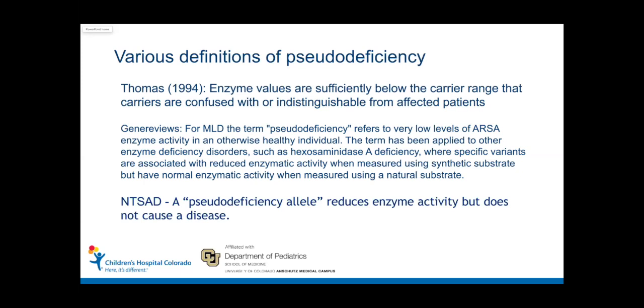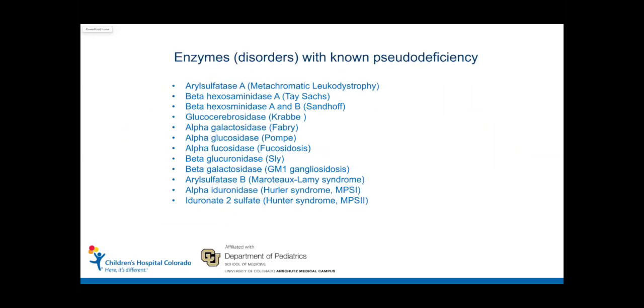Because we're using enzyme activity in newborn screening, we're starting to find out how common pseudodeficiency is. I know I was one of the people that didn't think this would be as big an issue as it is. So I just want to talk a little bit about what pseudodeficiency is. It's not something that's just related to MPS. In fact, it was described first in a couple of other lysosomal conditions. These are a subset of disorders with known pseudodeficiency. And in fact, I think the list grows every year as we find more of these alleles.